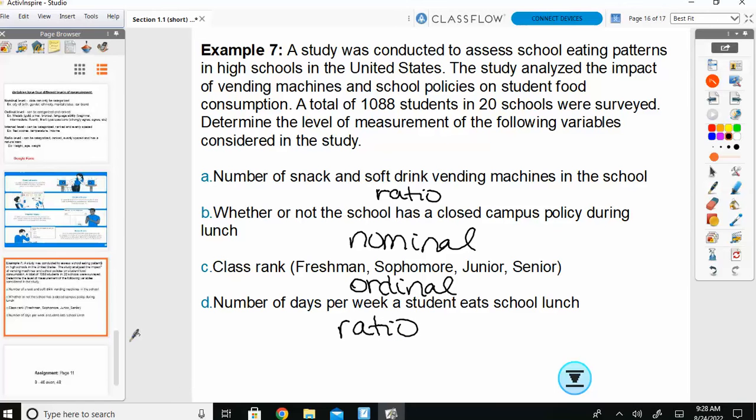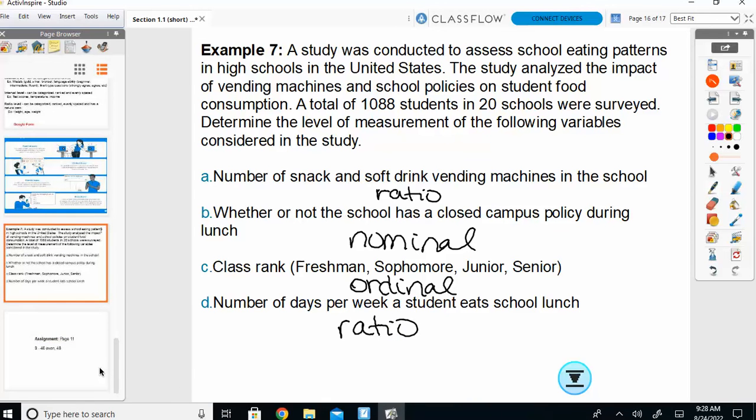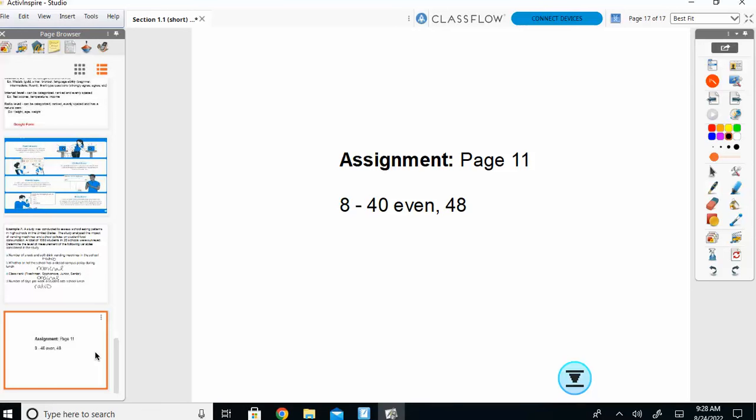Okay. So the rest of the class, I have an assignment for you to work on. Most of these are one-word answers. You're saying like discrete, continuous, quantitative, qualitative. There is an answer key, like always, for you to check if you get done. Advisory, we will all be in the cafeteria, so I'll bring my folder down there in case you want to check it during advisory. And you've got the rest of the hour, do it in pencil, sheet of paper you can turn in. I don't mind if you ask